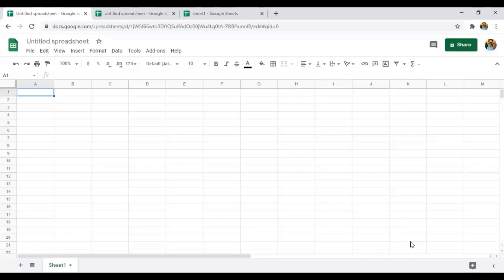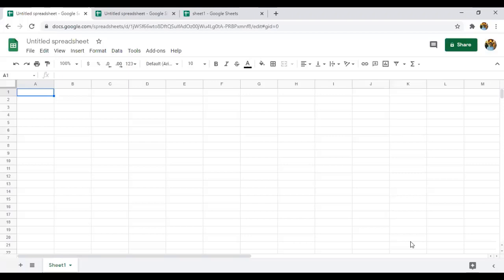So coming to the next difference, Excel is ideal for working with larger data sets, whereas Google Sheets is more suitable for working with smaller data sets. And Excel files can be used on a single computer by a single person at a point of time. But whereas in Google Sheets, multiple persons can simultaneously work on the sheet at the same point of time.